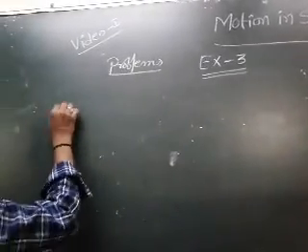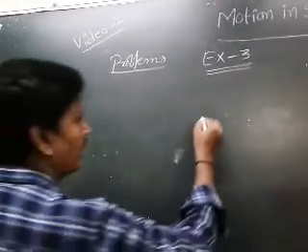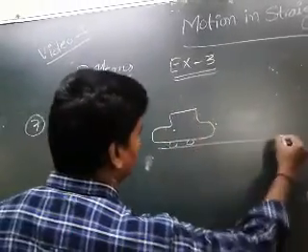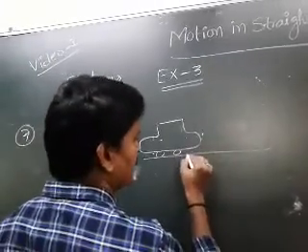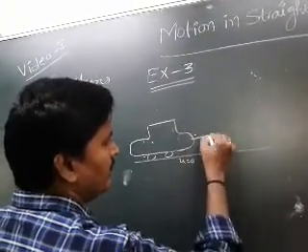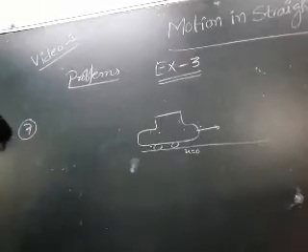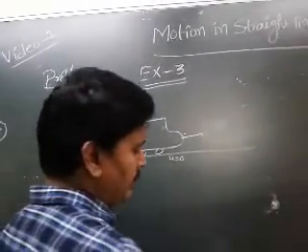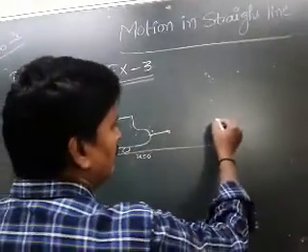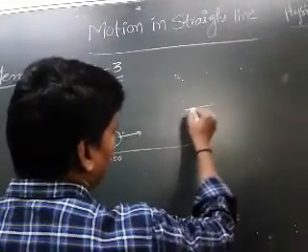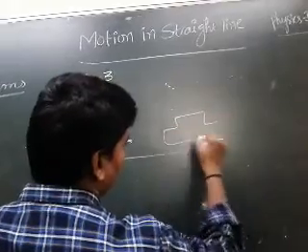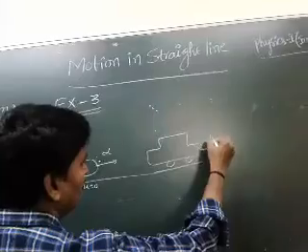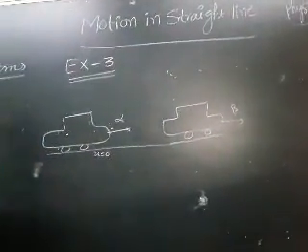The car is accelerating from rest, which means it starts from rest. The acceleration is given as alpha. Sometime after that, it decelerates with beta. First the acceleration is given as alpha, and then the deceleration is given as beta.